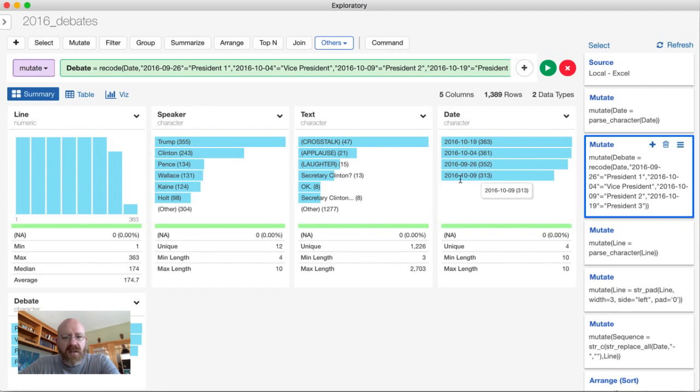So I'm turning each of these date fields into a sort of label for the debate. So President 1, President 2, President 3 represents the different presidential debates. Immediately you can see how many lines per debate there were, as well as the vice presidential debate as well. So we're using the recode feature here